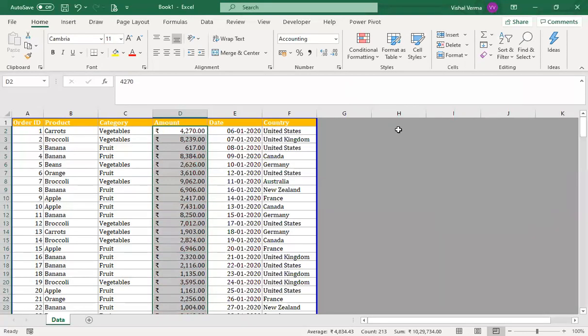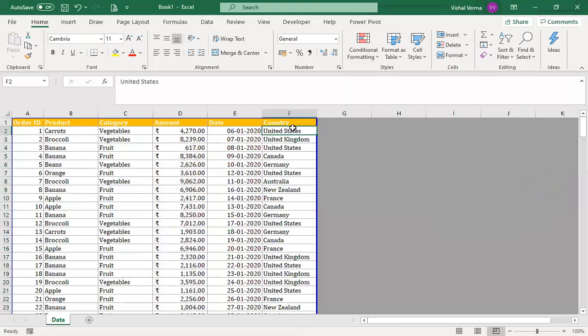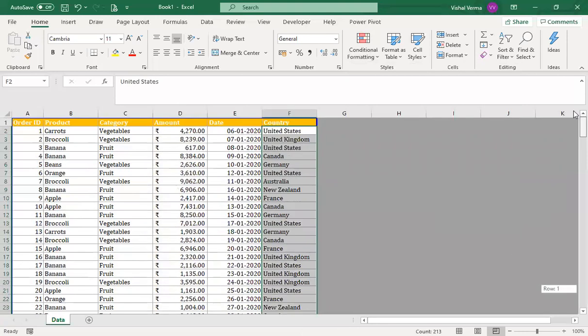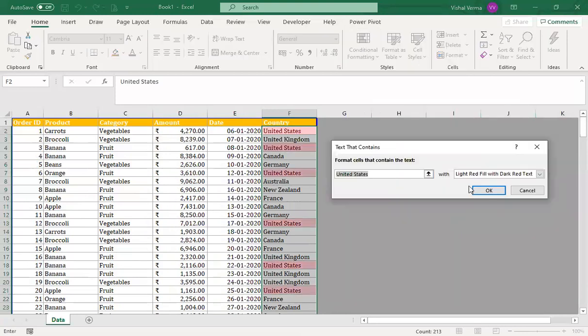Another rule is Equal To, when we fix the values. And when we are working with text, we use Text That Contains. So for example, we select this data and try to highlight the cells that contain text, say, the first one is already selected.